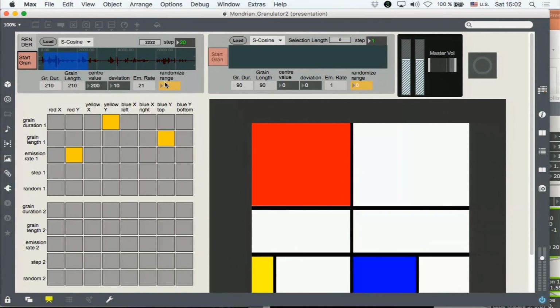And I added this randomized range thing, so if that's 0, then the step is doing what I was doing before as well. But if it's something other than 0, then it just creates a range within which the onset of my grain can be anywhere, and then the step is actually moving the range within the selection and then back again. And if that's basically as big as the selection itself, then step doesn't make sense, it's 0.